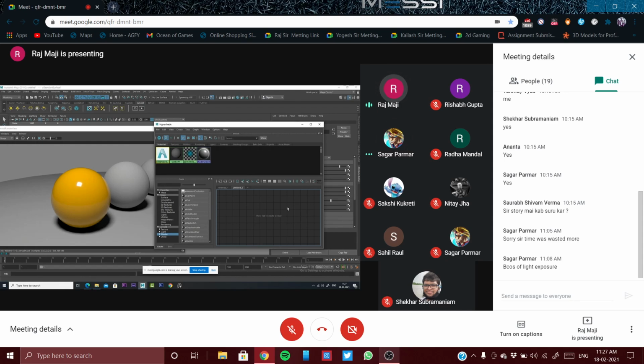Coat I told you. Suppose some objects are there, a paint is coated on it. So in that case, you can use coat. And sheen is a very soft blend of some color. Understood? Like I have given red and I was getting a soft blend of that same color. So for that you are going to use sheen.